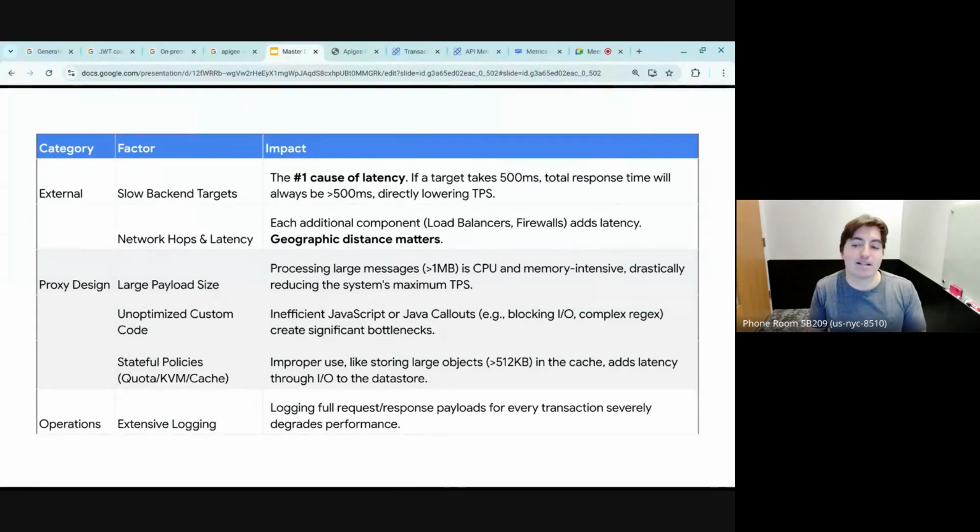Second item I wanted to highlight is the whole stateless versus stateful use case. Some policies in Apigee are inherently stateless, so they really don't have a dependency on any IO or throughput to the system. Think verifying an access token, assigning a message, extracting variables and items of that sort. The second part is stateful, so things that incur IO. Think of a quota policy, key value map, caching, where it's actually pulling from something.